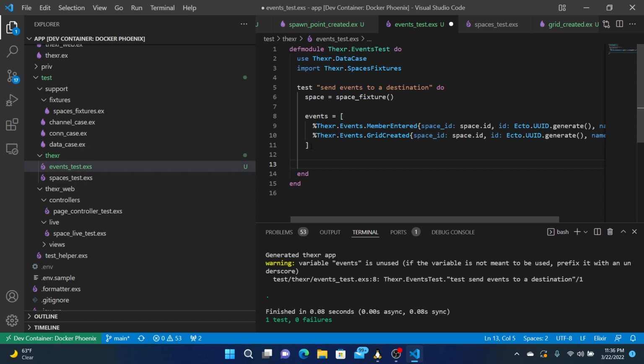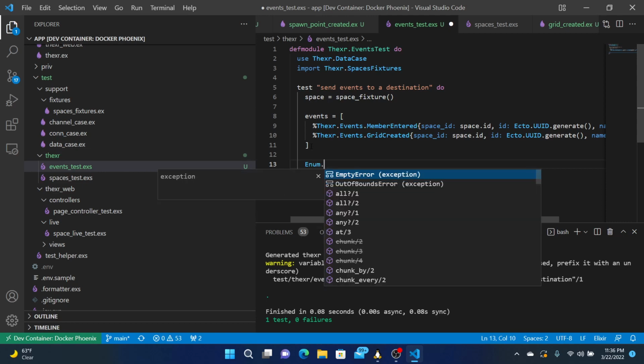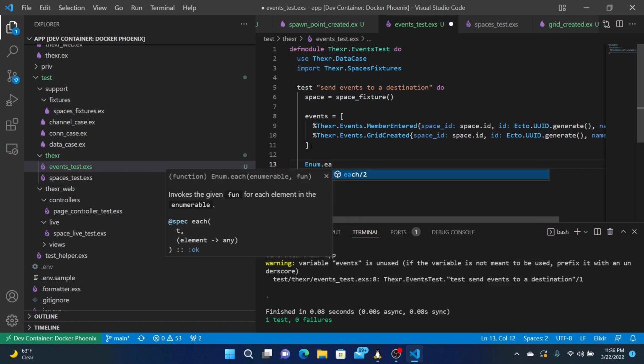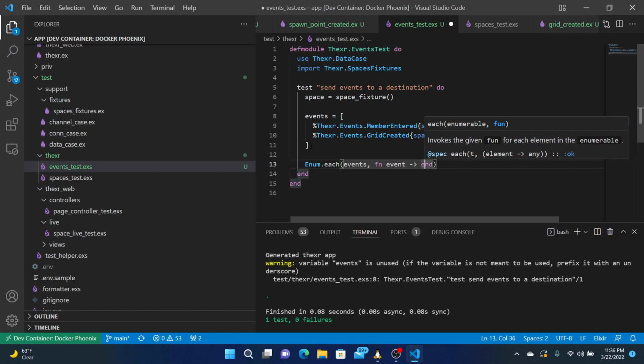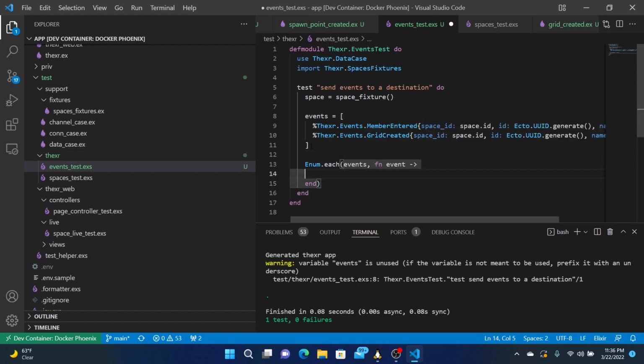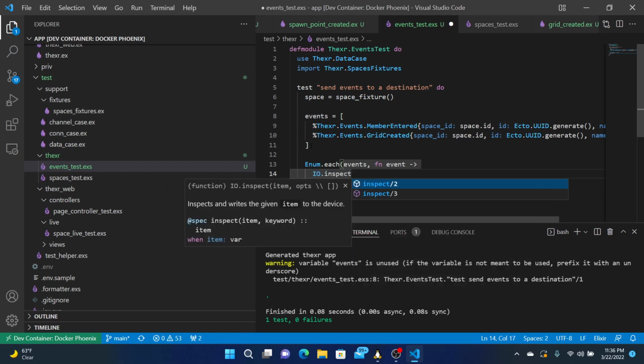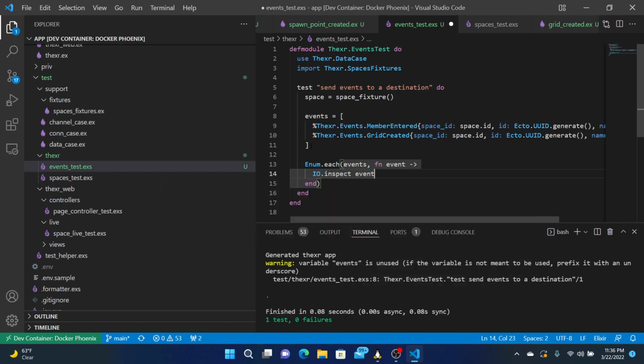And we want to send them somewhere. So we could go through the list and inspect, what is this, the event dot, or just inspect the event, sure.